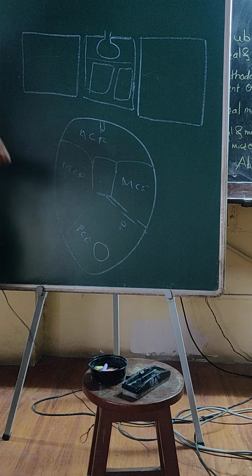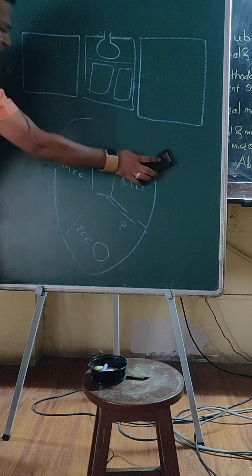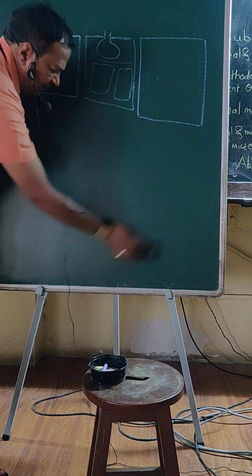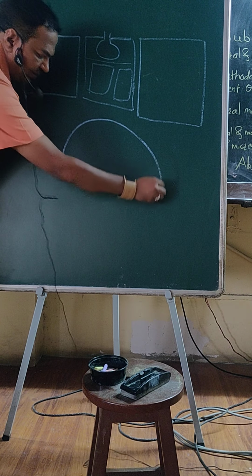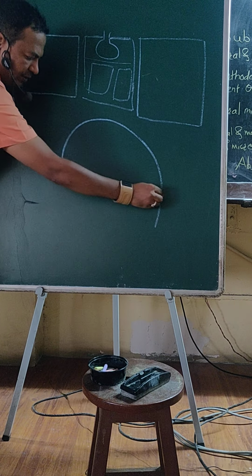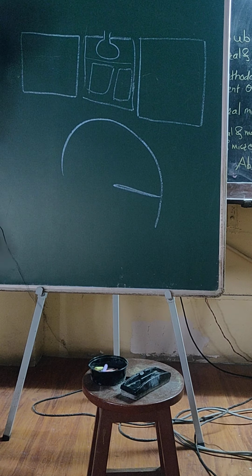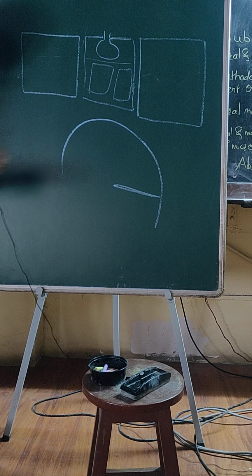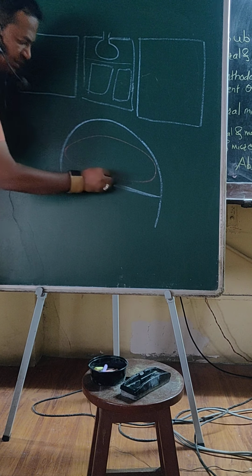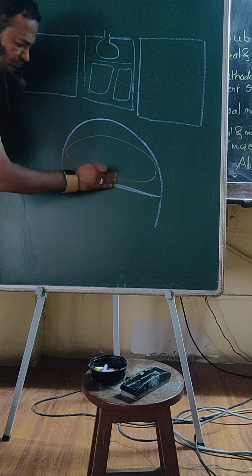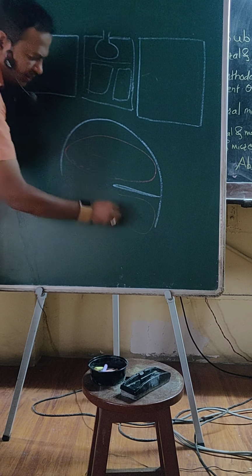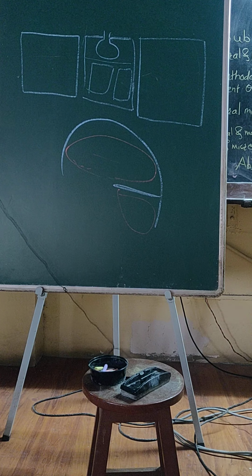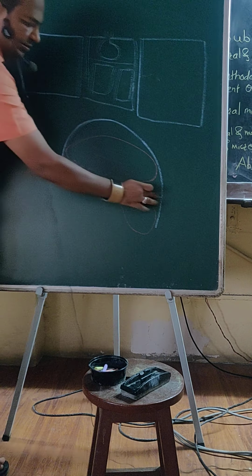Below that is the cerebellum. Another section I can draw for all of you. You can keep your mobiles away. In a sagittal section, this is the tentorium, and the cerebrum is here like this. The cerebrum is here, and the cerebellum is here, and in between is the tentorium cerebelli.